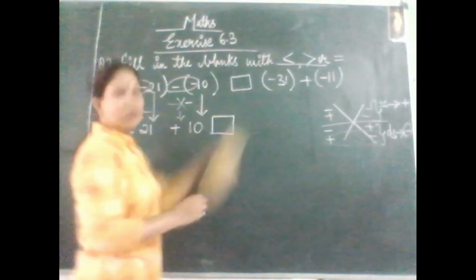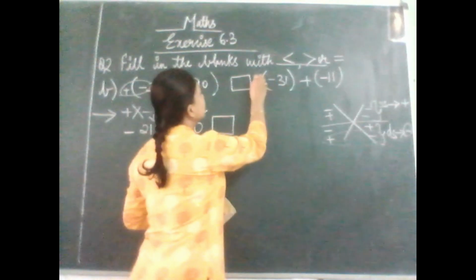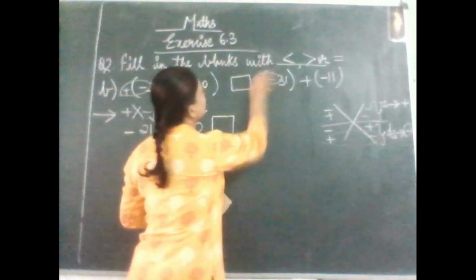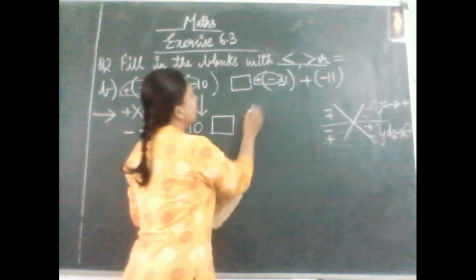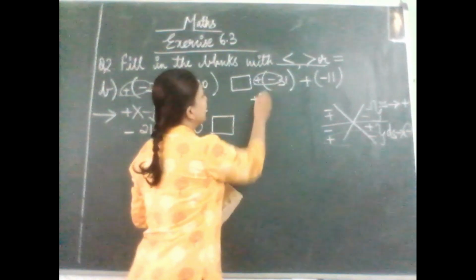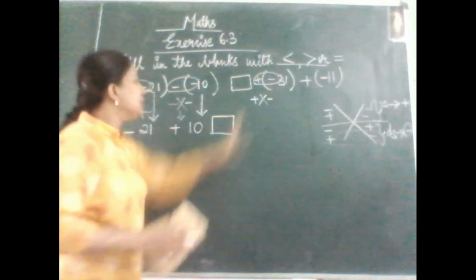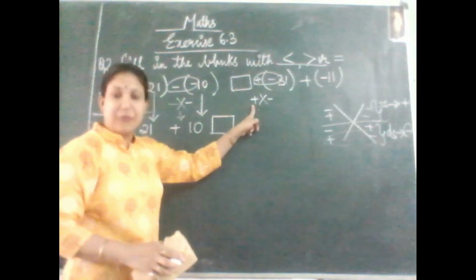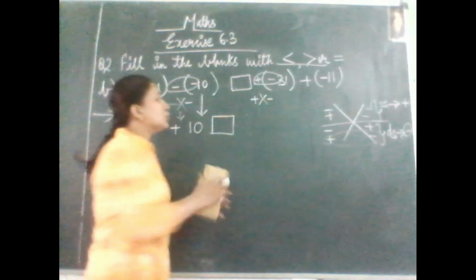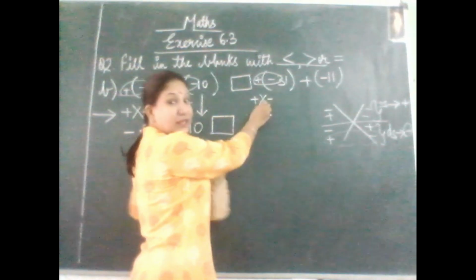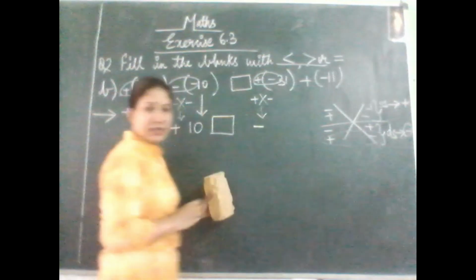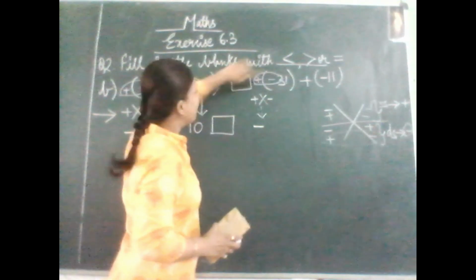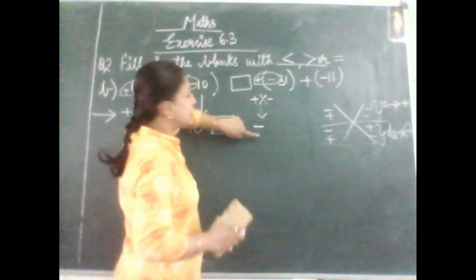Now make this box. We will solve it afterwards. Here also there is no number, which means put a small plus sign with the pencil. Now what do you have? You have plus multiplied by minus. That means two signs with different signs are getting multiplied. So when we have different signs, plus into minus or minus into plus, we just put a minus sign. So this much we have solved. Plus into minus, the answer is minus.